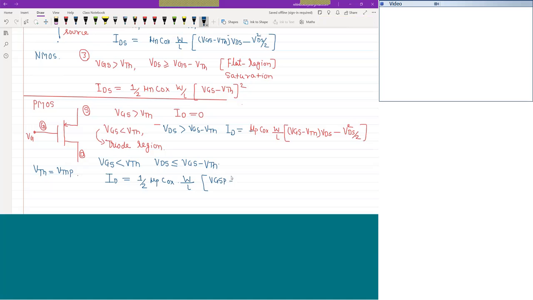VGSP minus VTHP whole square. So this is the value of